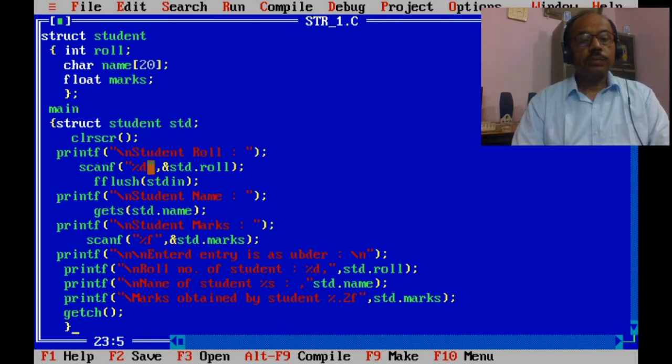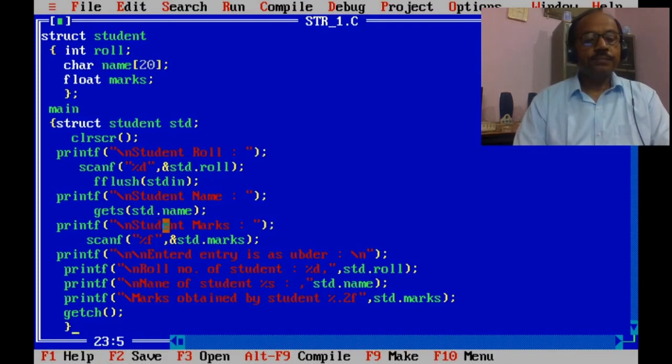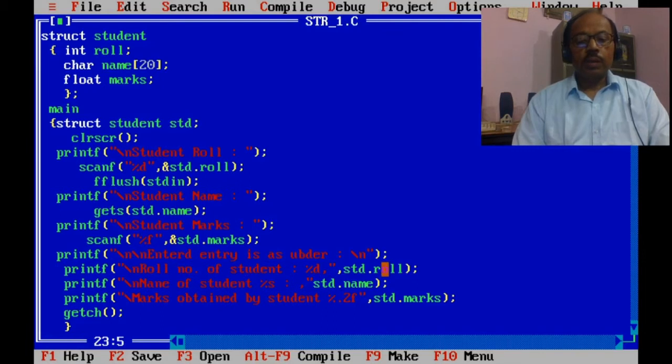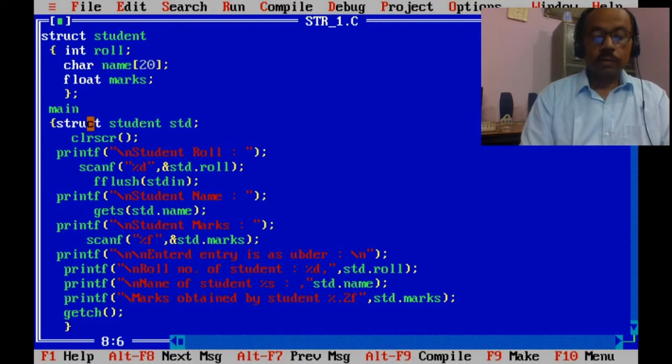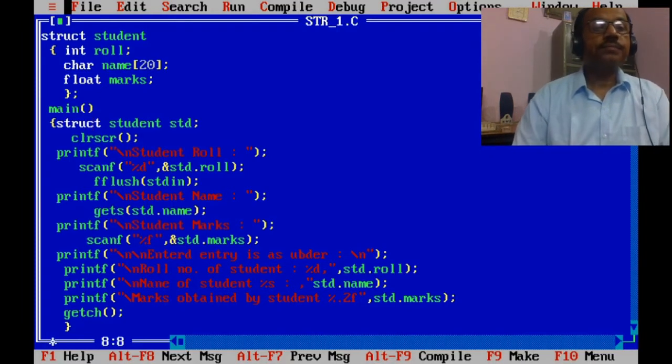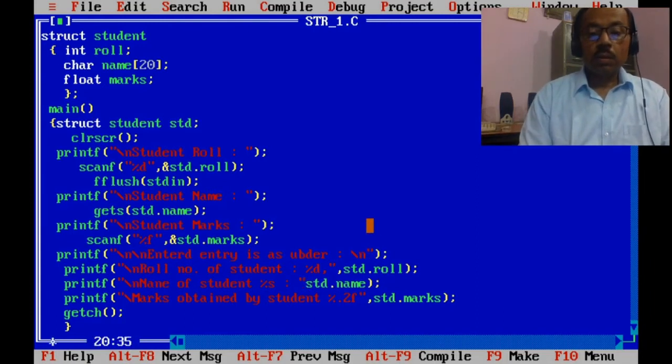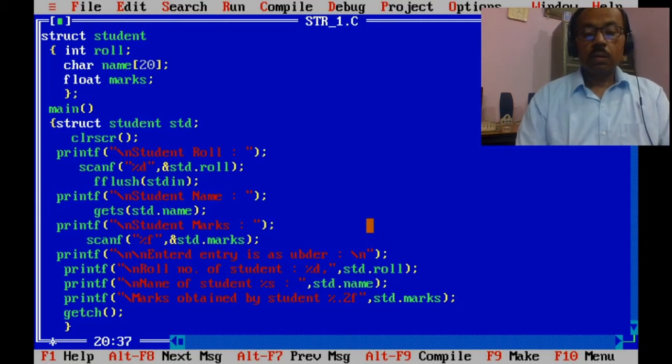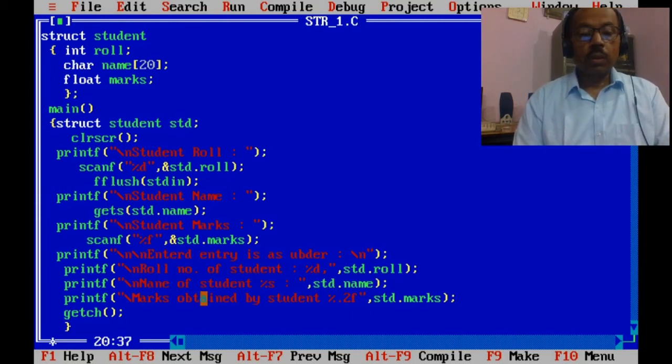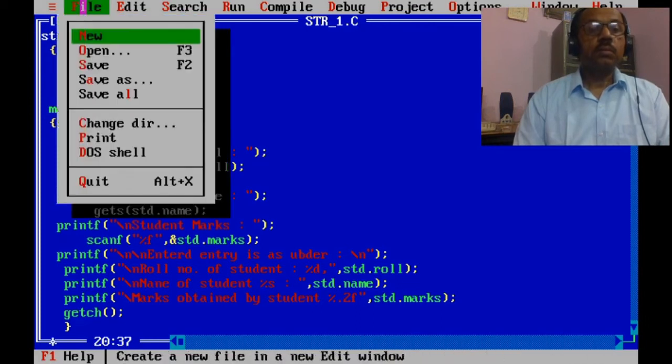Now you are inputting &std.roll, gets name, std.marks, and now I am getting output. Here there is std.name, std.marks.